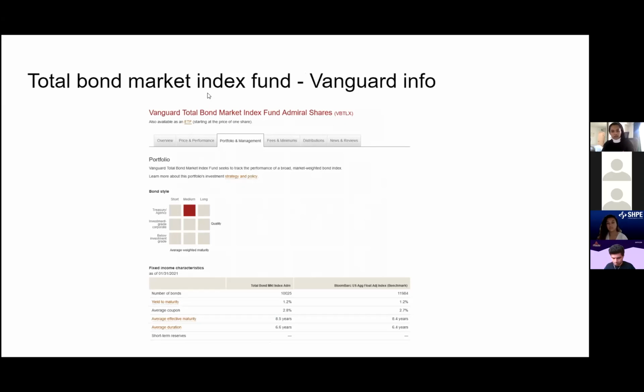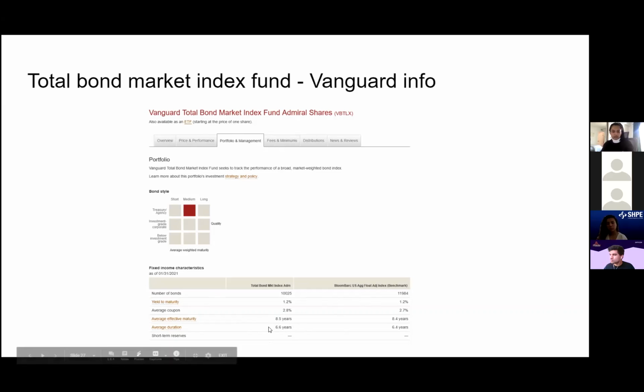So here, again, I went to Vanguard. This is their total bond market fund. And again, they're characterizing the footprint of this as high credit quality, because the total bond fund tracks an index called the Barclays Aggregate Index. And you can see here there are about 10,000 bonds in that fund. And definitely look at the style box, and the important number for you is the duration.